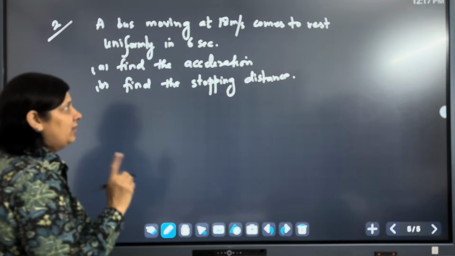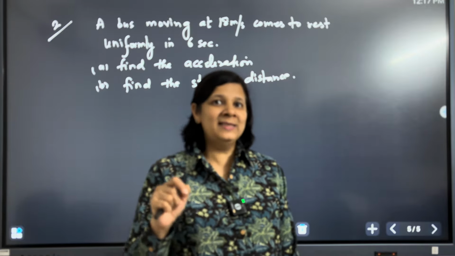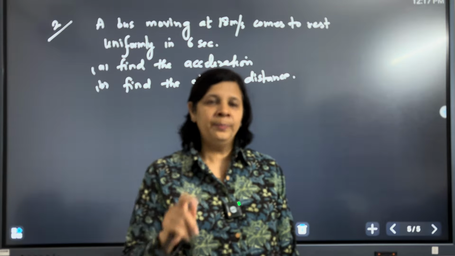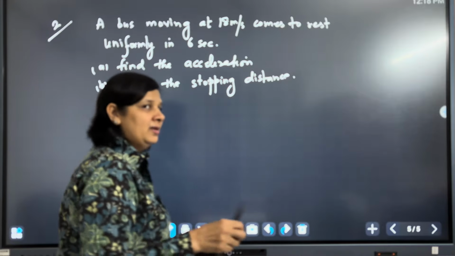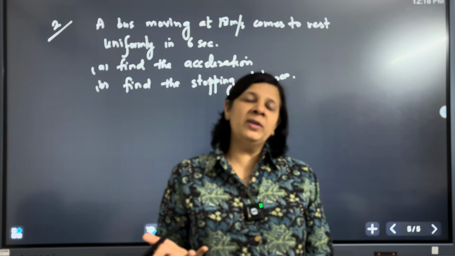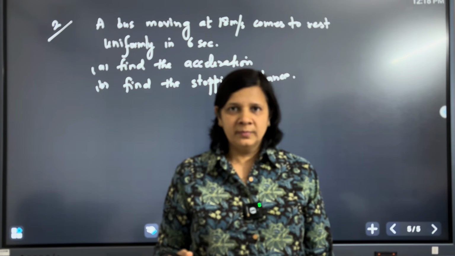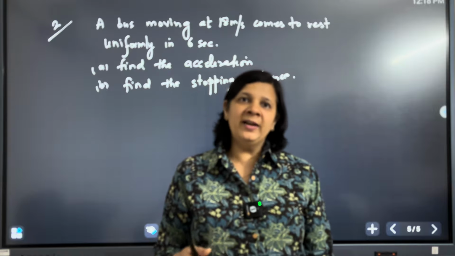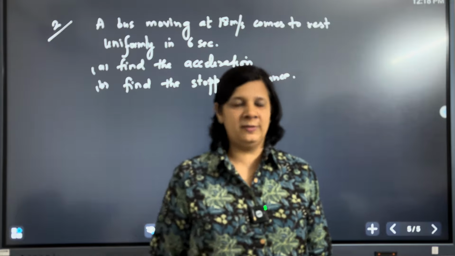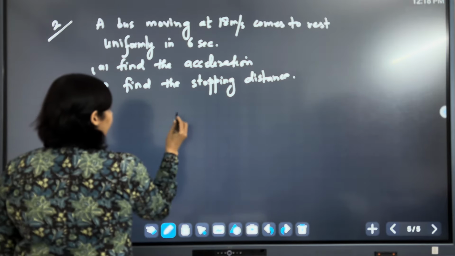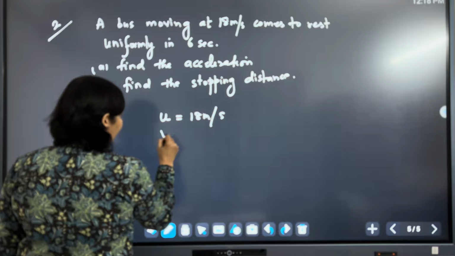So the first thing we have to understand in this question is, if the final velocity of the object is less than the initial velocity, then the acceleration is negative, right? Because acceleration, one way to think is like this. Another way to think is that acceleration is the rate of change of velocity, v minus u over delta t, delta v over delta t, right? And if delta v is negative, acceleration has to be negative because the final velocity is less than the initial velocity, right?